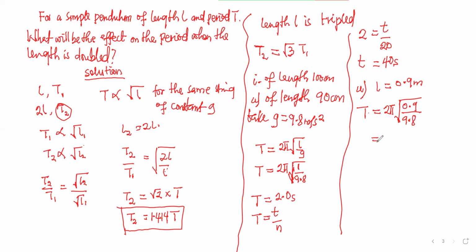And the period will be close to 1.9 seconds. And the total time for 20 oscillations would be equal to the period times the number of oscillations. So 1.9 times 20 oscillations, and this would give us around